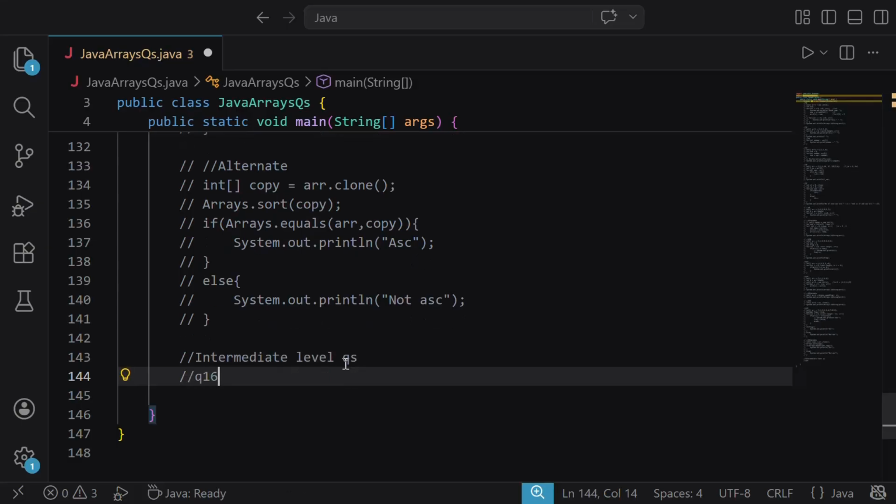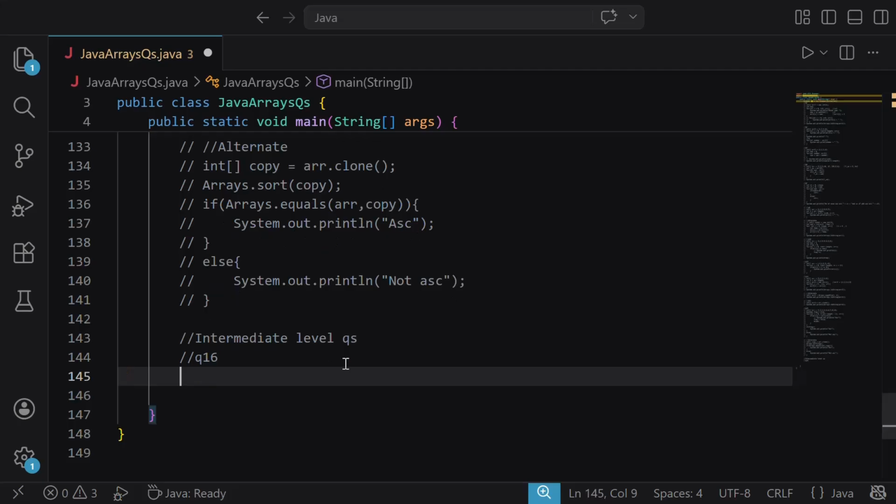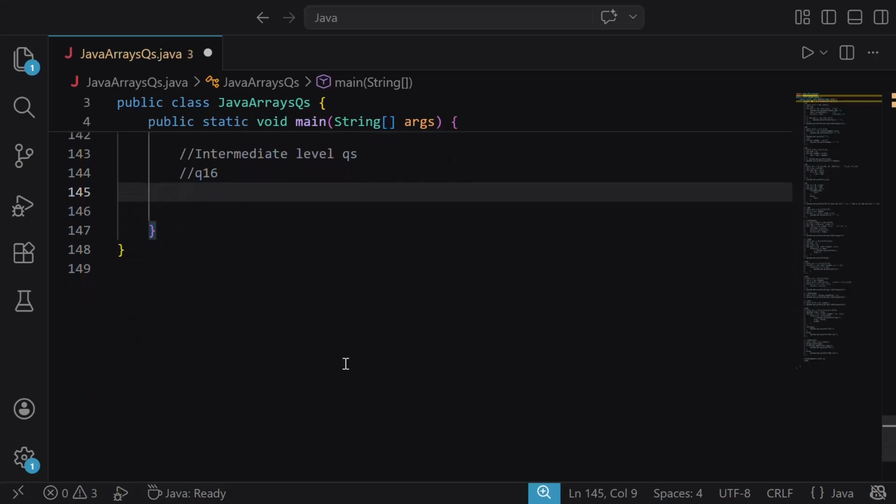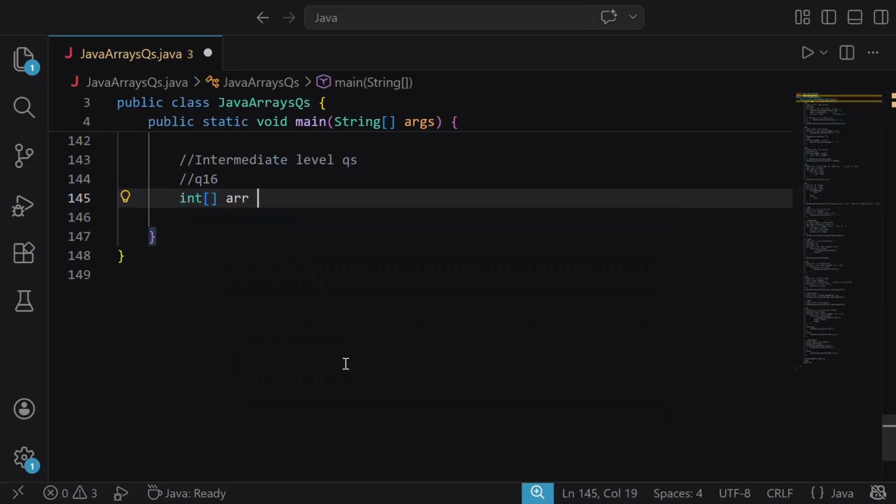Question 16 says to find the second largest element in an array. So in this question, sorting and picking the second last element is an easy method, but it's slower and doesn't work properly when duplicates are present because the second last element might still be the largest. So let's go with the efficient method, which is to traverse the array once and keep track of the largest and second largest element. So for that, first we'll make one array